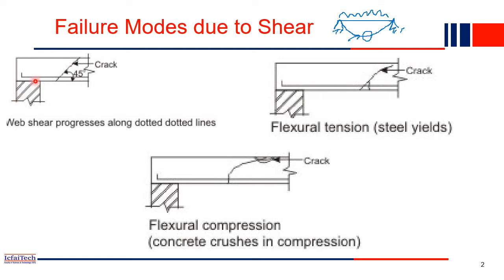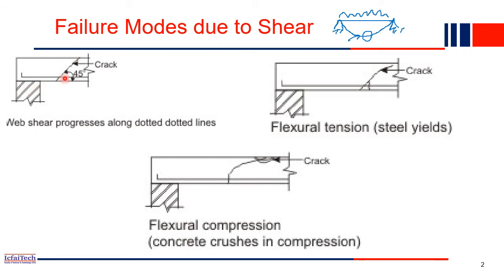In real structures, in some older buildings, if you visit, you will find small cracks on a beam. These cracks are near the support, and they are at about a 45-degree angle. If you find such a crack on a beam near the support, at almost 45 degrees, then you can understand that this beam is failing because of shear. But if you find cracks at the center of the beam, then the failure is happening because of bending. That's how we can classify which type of failure is happening in the beam, either shear or bending.